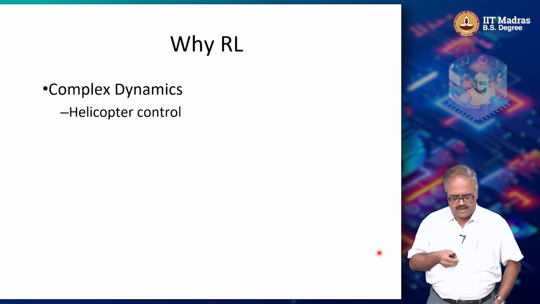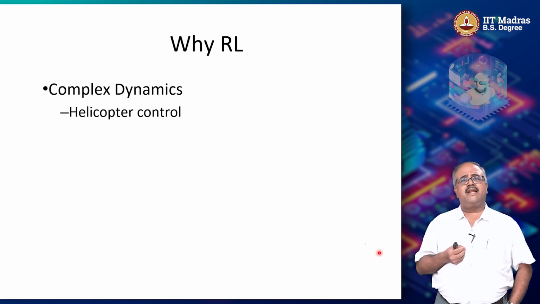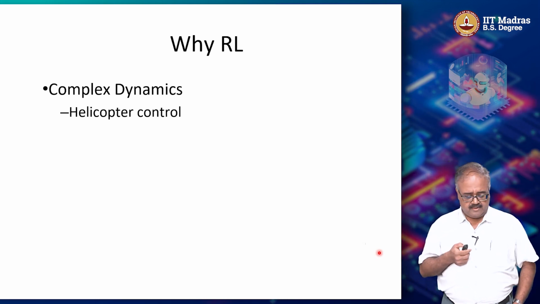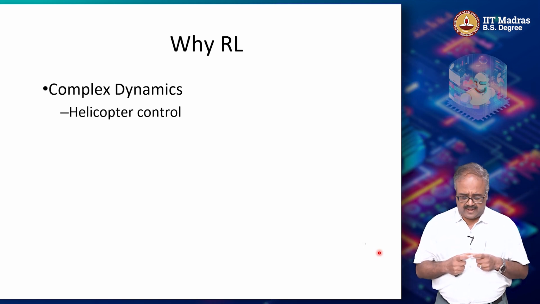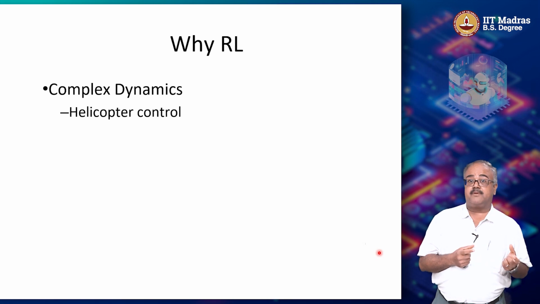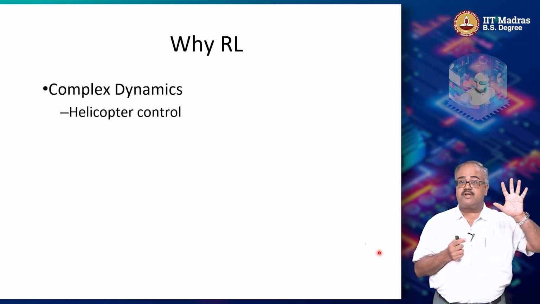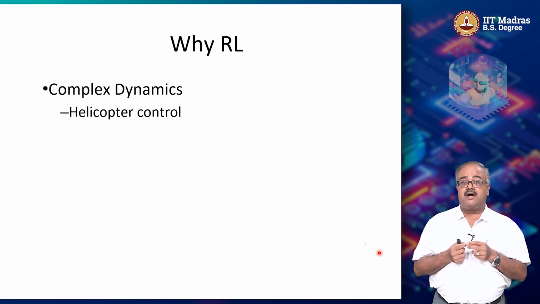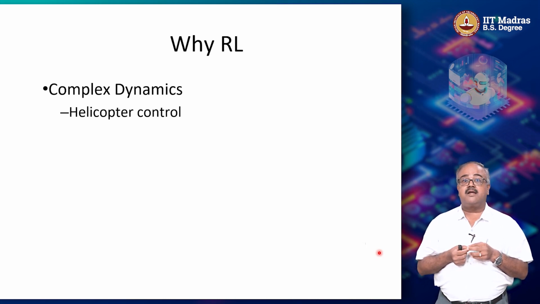So the first thing I wanted to talk about is what are the instances when people typically end up using reinforcement learning? When your system is very complicated, very complex, so much so that it's very hard for you to use classical ideas from fields like control theory or operations research to come up with a way of controlling the system cleverly.